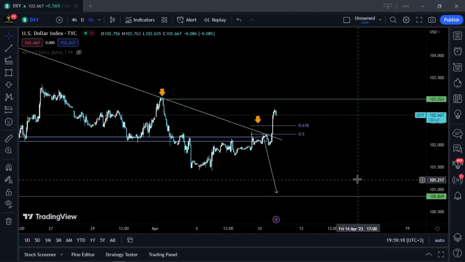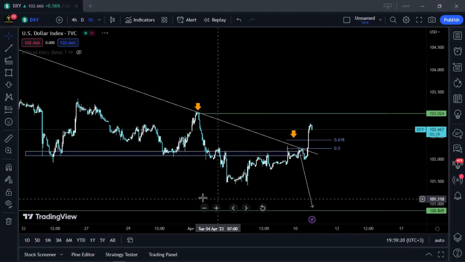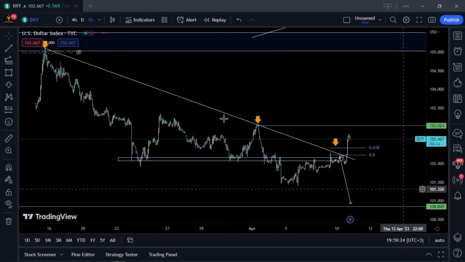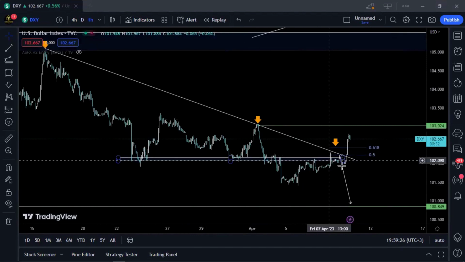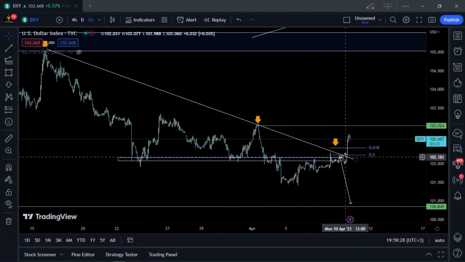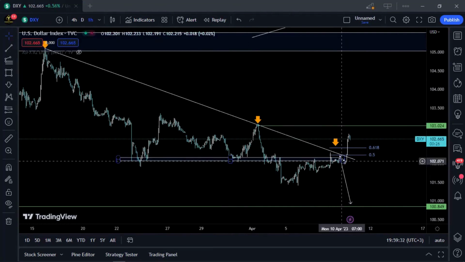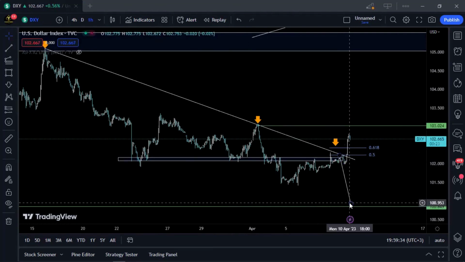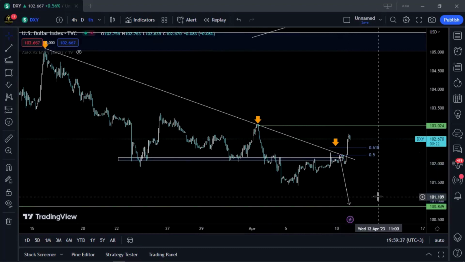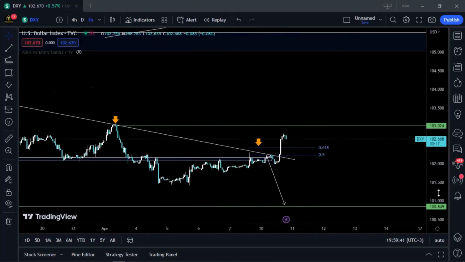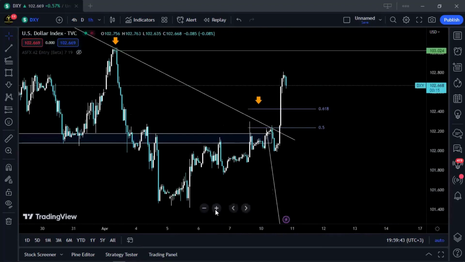This was our initial bias, as we saw prices coming down this trend line, and we're like, okay, once they reach here, we want to see a rejection and prices push lower all the way until they reach down here. Right now, if we zoom in, you can see, so until